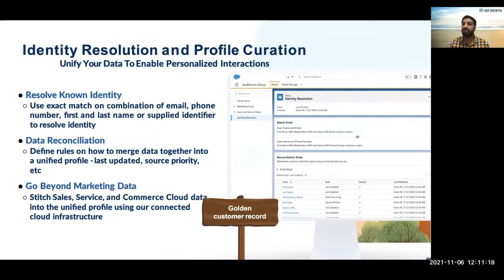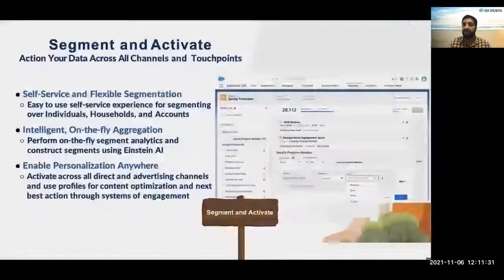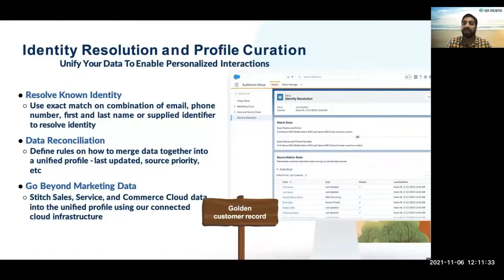First of all, use a fuzzy match with the email, phone number, first name, last name, and other resolved identity, and use the reconciliations to merge the data together, and then unify the profile from the source, priority, and extra, and beyond your marketing as well. So beyond your marketing, nothing but so currently